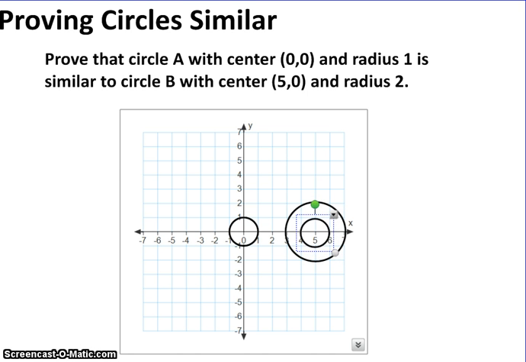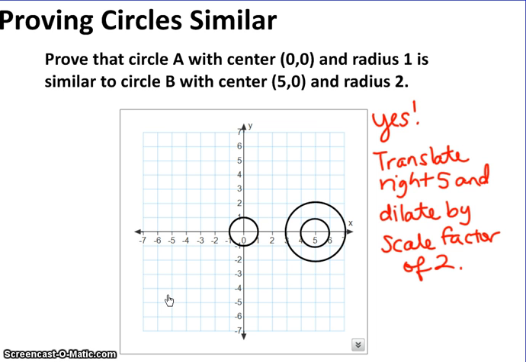Okay, so this isn't going to work on this map. But if I were to double this in size, all the way around, the radius should go from 1 to 2 all the way around. Okay, so yes, these circles are similar. All I have to do is translate to the right 5 and dilate by a scale factor of 2, because the scale factor will change the radius from 1 to 2 all the way around. So it won't let me show you by stretching it out. It's weird like that, but